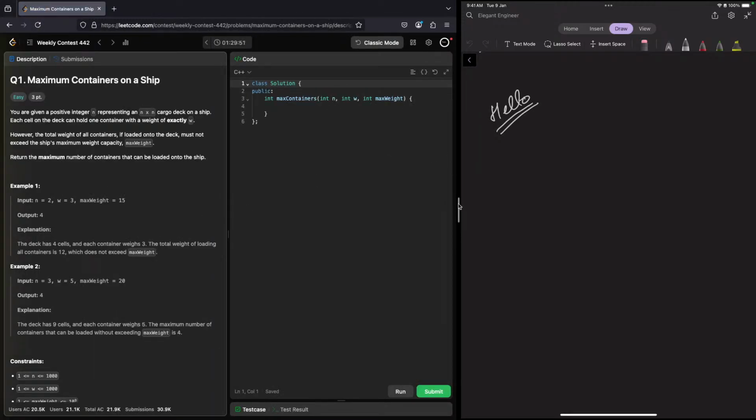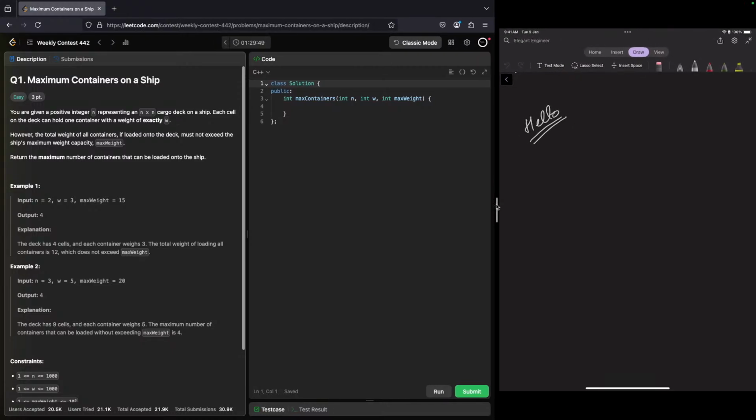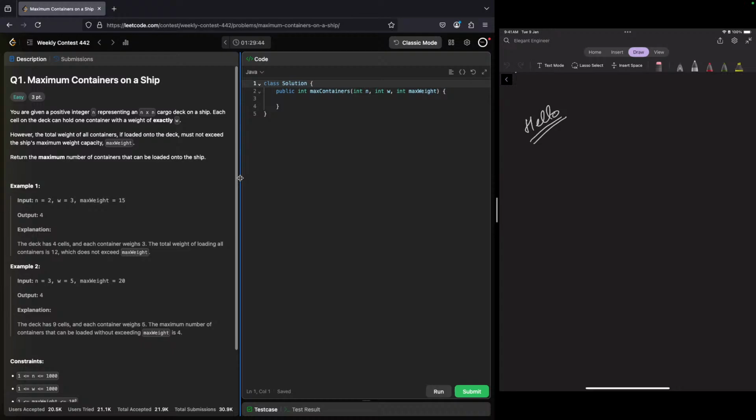So I'll reduce this a little bit and change this to Java. I'm going to use Java. So you are given